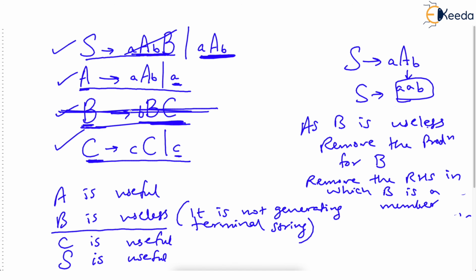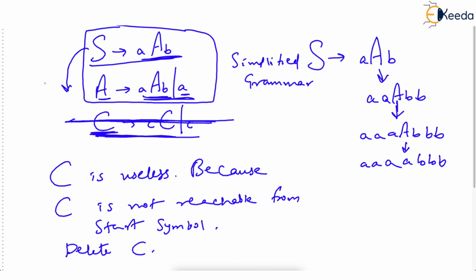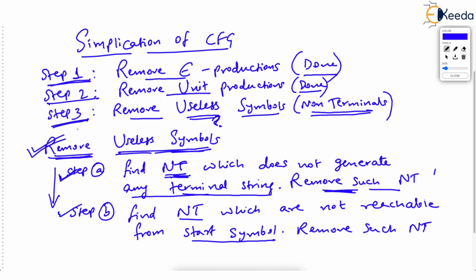What happens, let me tell you, when we design a grammar as a beginner, we do a lot of ifs and buts, we go for trial and error and so on. And then we end up coming up with a correct grammar, but many times there are some mistakes, like some non-terminal is really useless. So it's better to remove that. I hope you are understanding. And then we come up with an absolutely correct, small grammar, because we have removed the useless non-terminals, and it will be a simplified grammar. Check, we have finished all three steps of finding the simplified CFG.